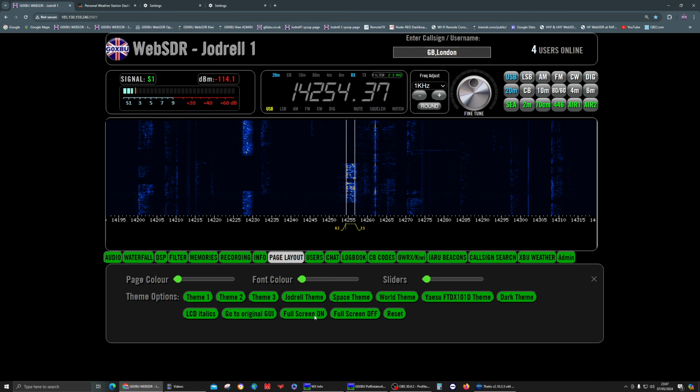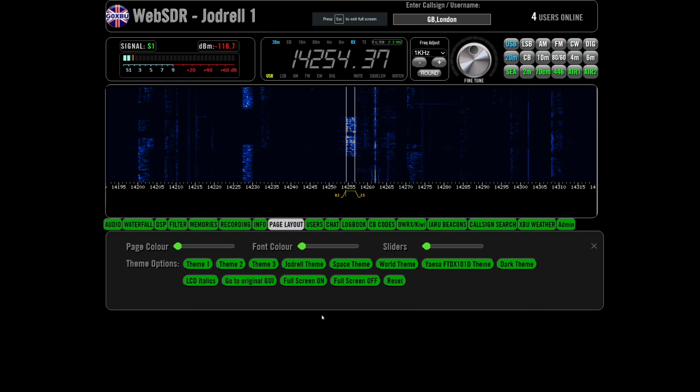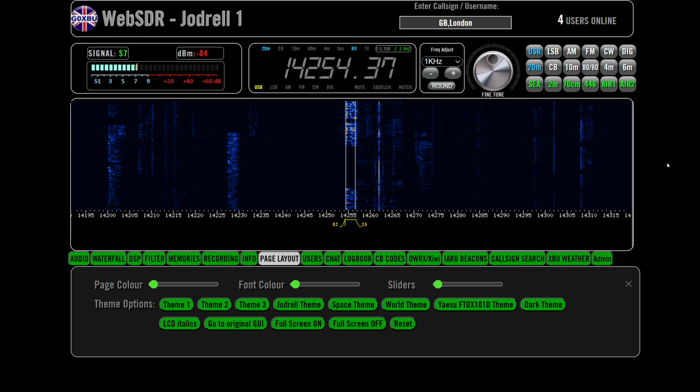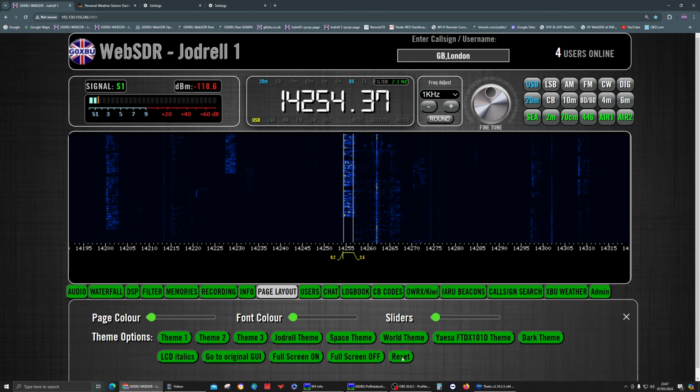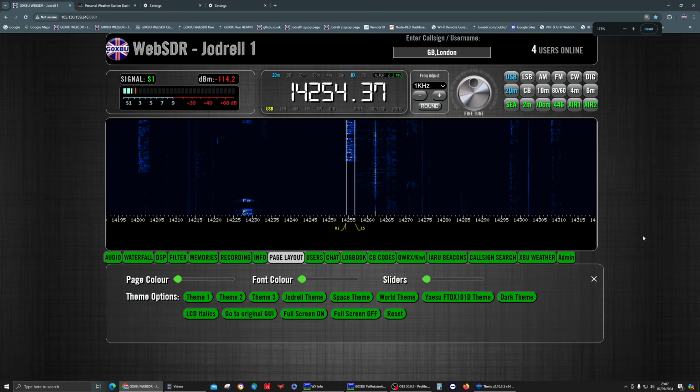And you can turn on full screen, which is good, so it gets rid of all your background bits, and then zoom it to the page, and then that looks really cool on its own, and then change it to whatever theme you want. That's a real nice display to have in the background, so I like that. Turn that off and then hit reset, and it will just go back to where it was. I'm pressing control and rolling the mouse wheel, by the way, to quickly get the screen the right size in the display, just for the best